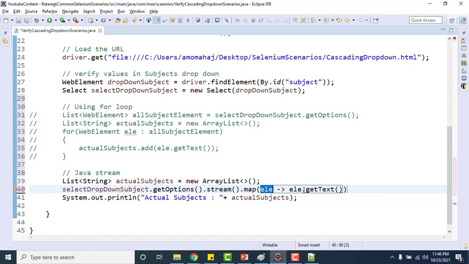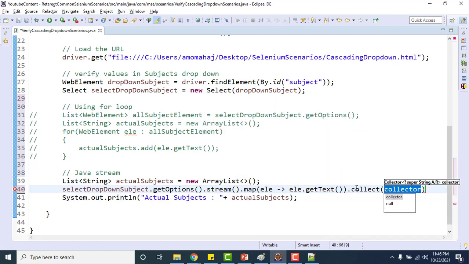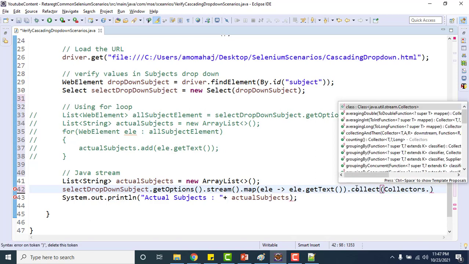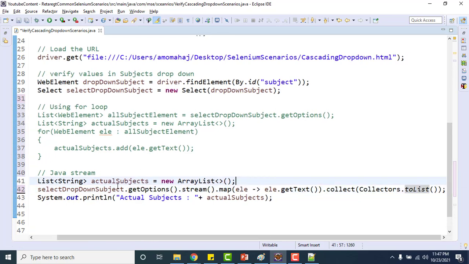Now we'll have the text of those elements in that list, instead of web elements. And that I can collect; we have one collect method, I can collect it as Collectors.toList. So in one line I did everything, using actual subject here.